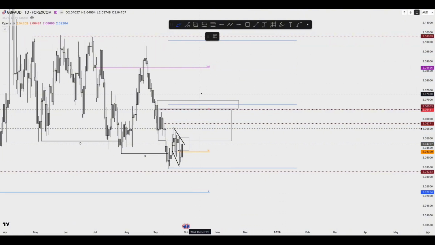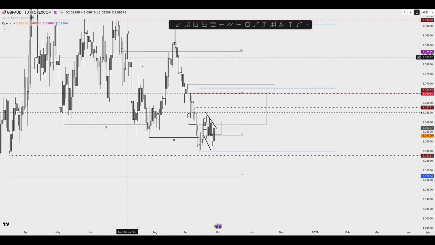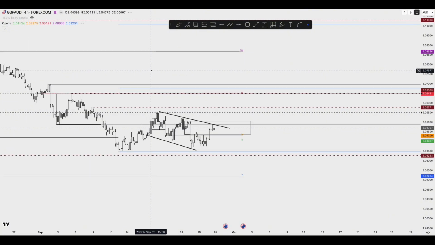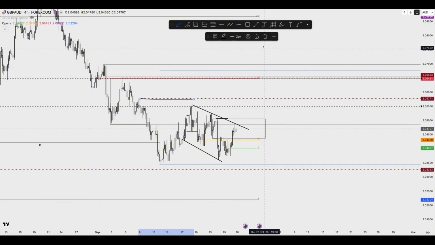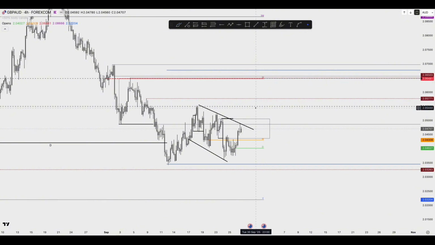You can see here that would be this zone here, but that does not always have to happen because the market is imperfect and that's not always the case. But you can see here a descending price action with this high, this low, this high, this low, this high. This means maybe a big move is coming, and I would like to see that all of these highs get taken out, maybe also this liquidity high, so that the market goes up a little higher, takes out all of this liquidity, maybe reaches the monthly open,